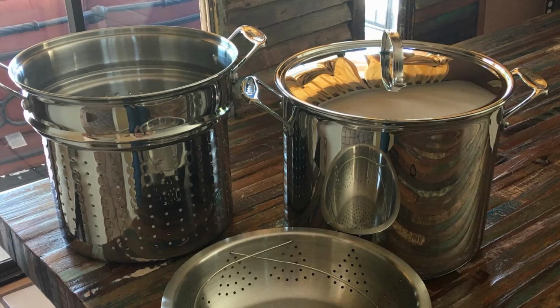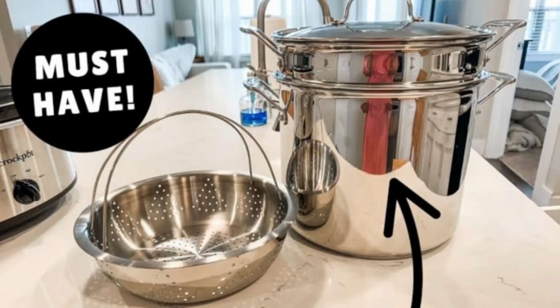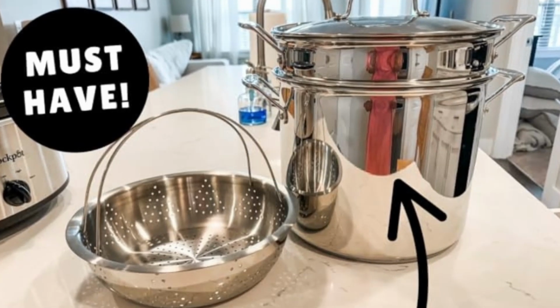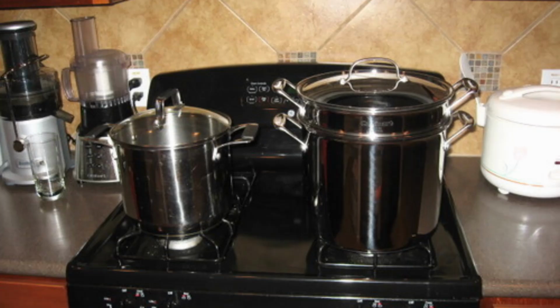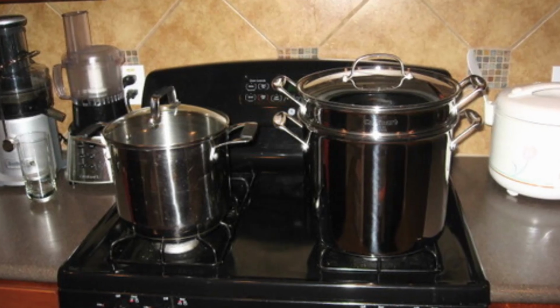The aluminum encapsulated base is a major highlight as it ensures fast and even heating while eliminating hot spots. Whether you're searing, simmering, or boiling, you'll notice consistent results every time. Number 2. Cooking performance. This cookware set excels in heat retention and distribution, making it perfect for a variety of